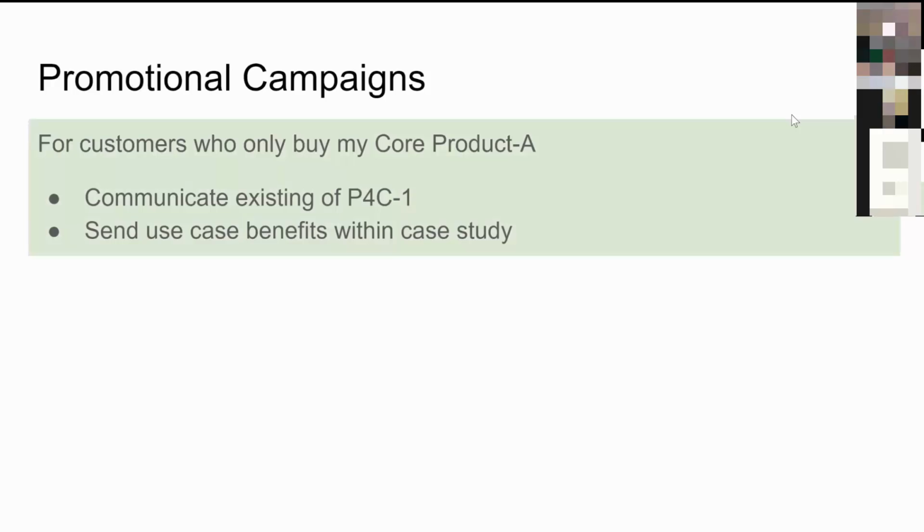So a couple of examples. Customers that only bought my core product A, well, do they know of the existence of the product for customer 1? Are those the right people that should be buying my upsell, my other product? Okay, they didn't buy it at the immediate upsell at the time that they bought. There's no worries, but I can still sell it to them. I can still sell teeth whitening to a patient that's been in the dental practice for the last 10 years. That's okay. I can keep doing that.